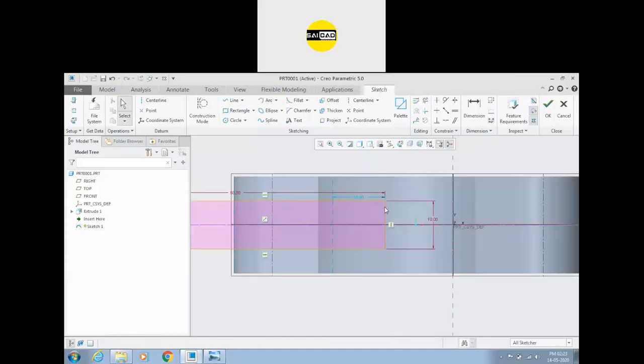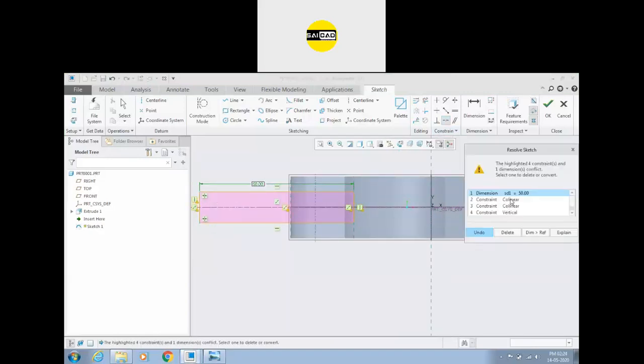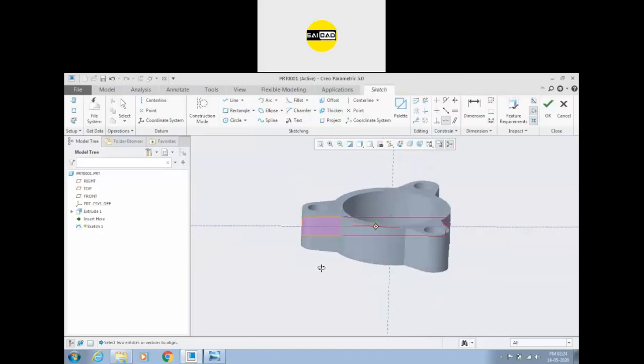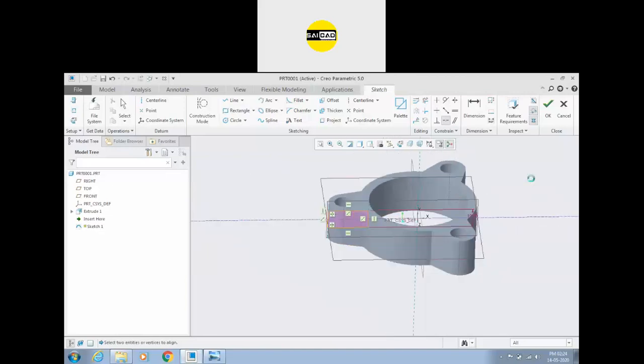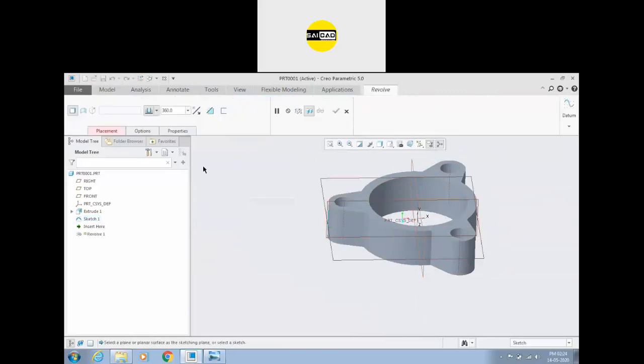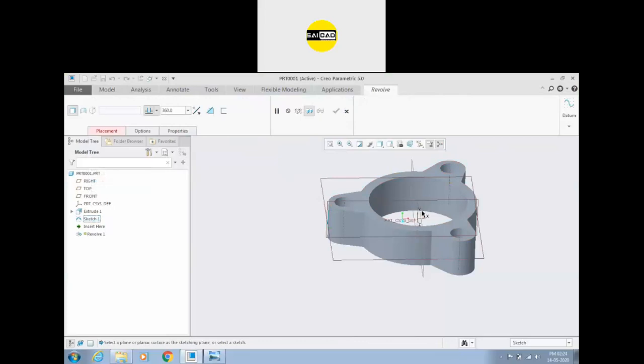So we get two edges. We can define the relation between them like this. The 50 should not be there. We can also define the relation value. So complete revolve, we need an axis of revolution. We are having some problem. My revolve is not taking this.